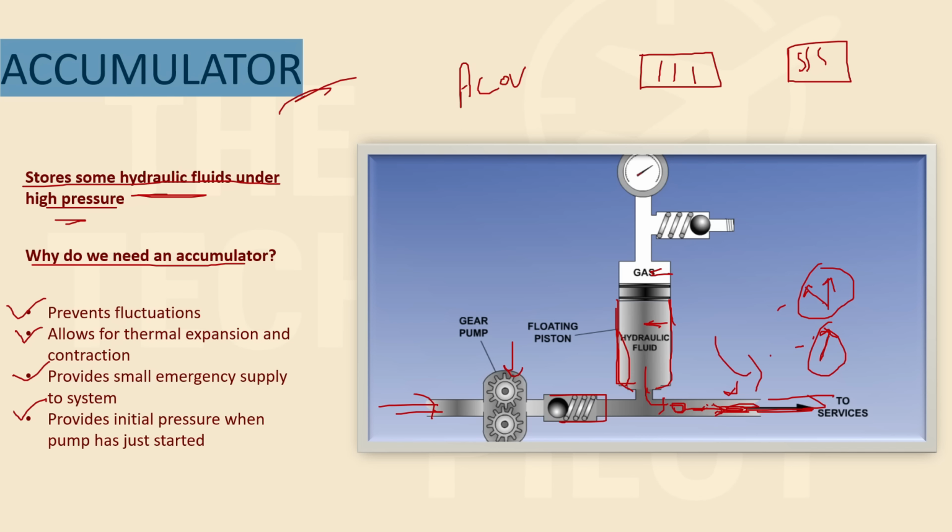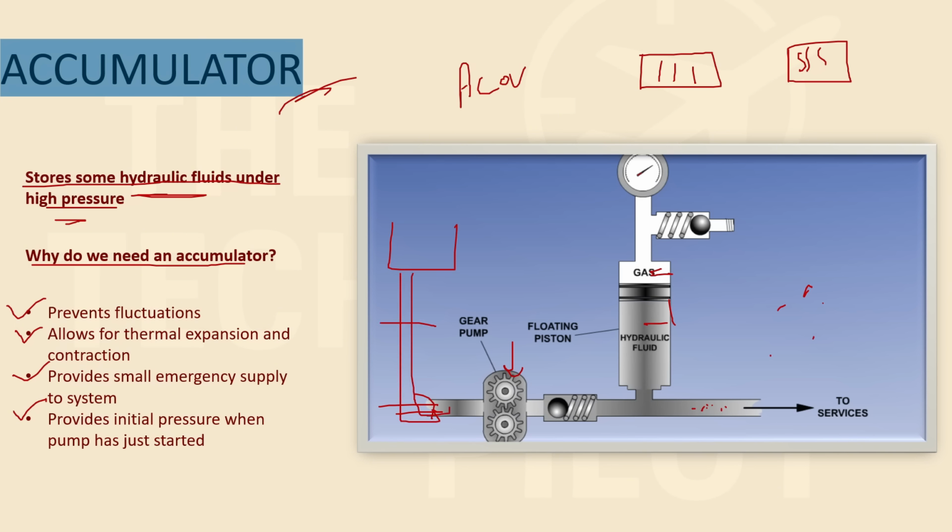and it also provides a small emergency supply during emergencies, obviously, because your reservoir is somewhere here and it is attached here. So, for example, this line gets blocked or it leaks, or the hydraulic fluid is empty now. So the hydraulic fluid is also stored in your accumulator. A little bit of hydraulic fluid is there, right? So it can provide its emergency supply in this case, and initial pressure if the pump has failed. So it also provides the initial pressure when the